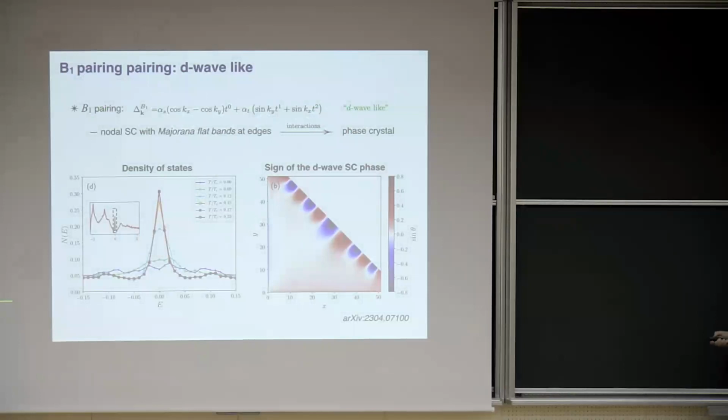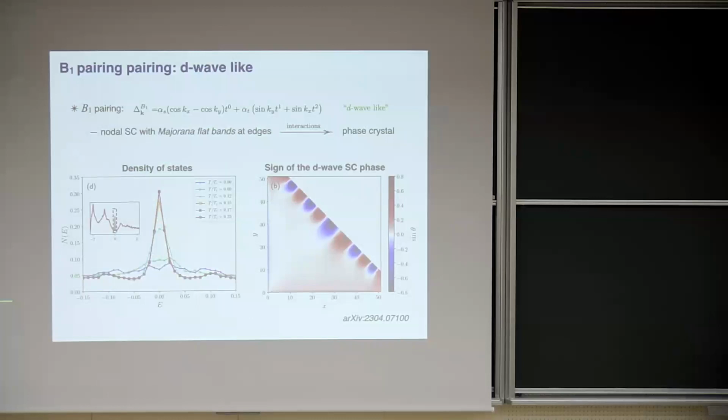The D-wave superconductor has nodes because there are certain lines in the Brillouin zone where this term vanishes, and this intersects with the Fermi surfaces, which gives rise to nodes. And these nodes carry a winding number similar to the Chern number that I talked about in the beginning. By the bulk-boundary correspondence, this nodal feature of the superconductor gives rise to so-called Majorana flat bands. And this leads to a large density of states at the edge.